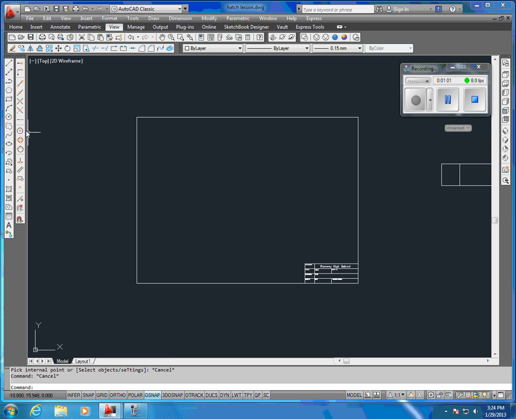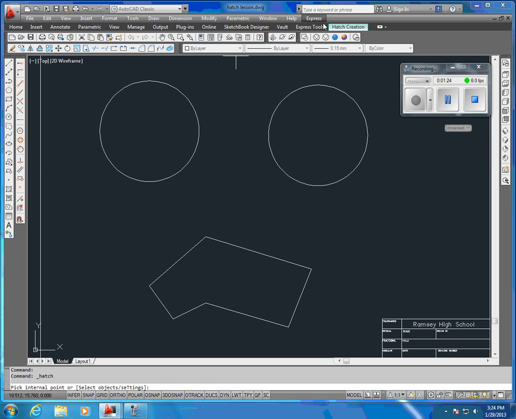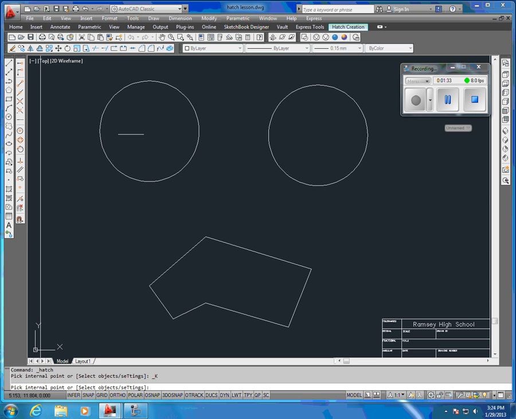So first, let's draw an object. Maybe we'll copy that. And we'll draw another odd shape object here. So if I go and get hatch, open up the ribbon, I'm going to deal with pick points. And basically all we're doing is, and it's even highlighting what the hatch is going to be like before I click, but we're going to click in that boundary, right click to say OK, and we've simply done a hatch